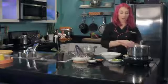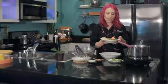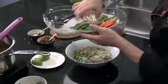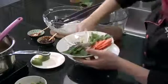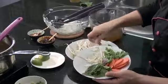Now it's time to garnish. Here I have some of the traditional Vietnamese style vegetables for your pho soup. I have some mung bean sprouts, some onion slices,